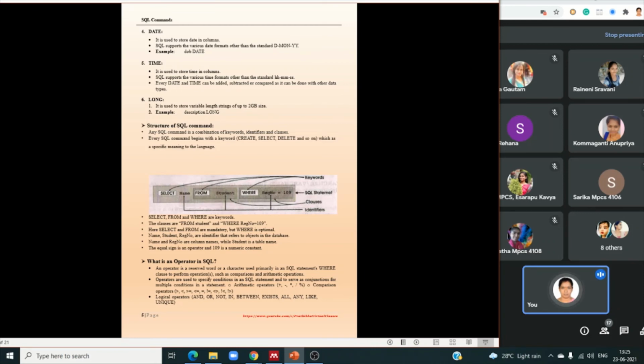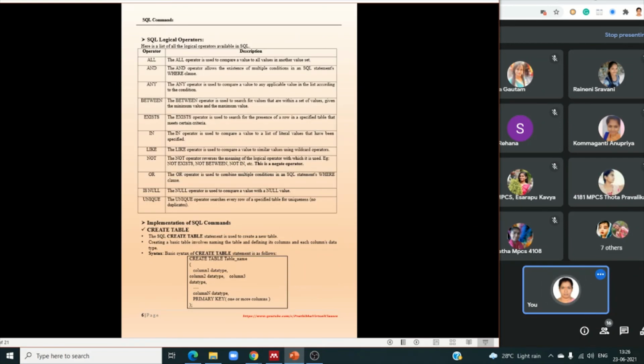Okay, these are the comparison operators. And logical operators are and, or, not. Other than this, we have in, between, exists, all, any, like, unique. These are also logical operators in SQL. Okay, what are these logical operators?